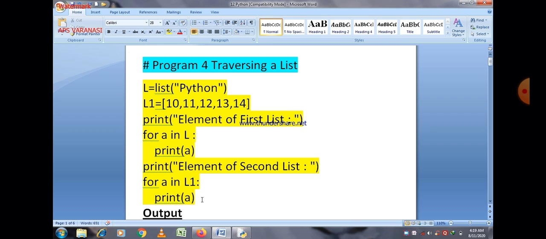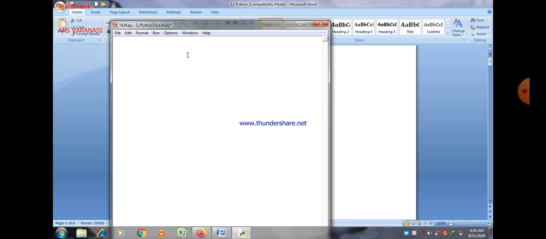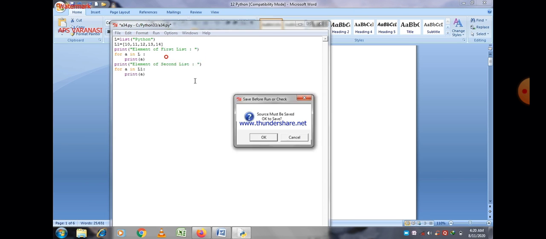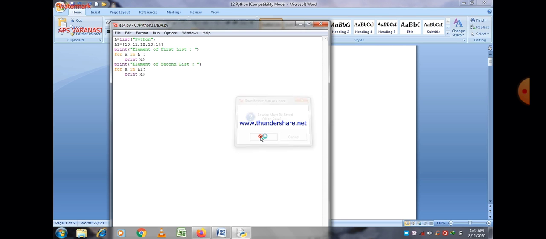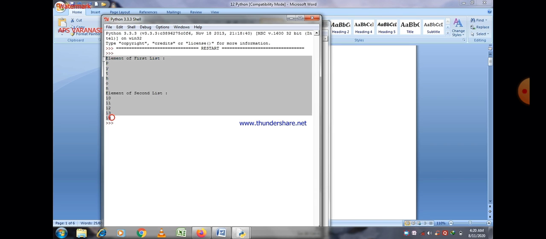Let us see what the output is after the execution of that program. Now just execute this program. Here you can see the different elements of the lists.